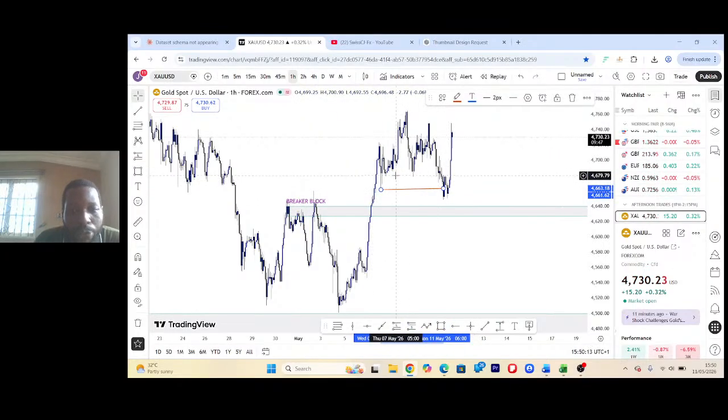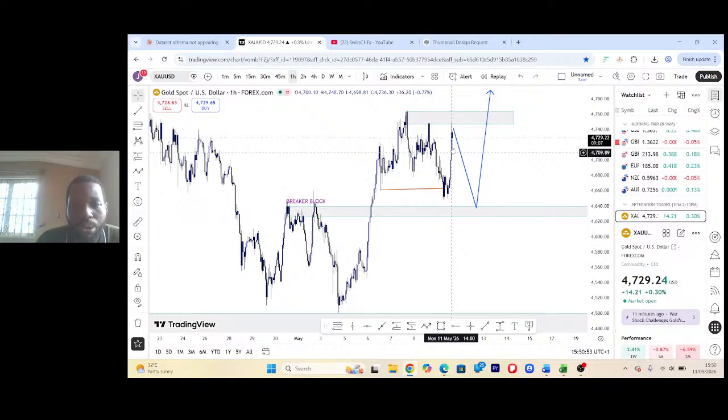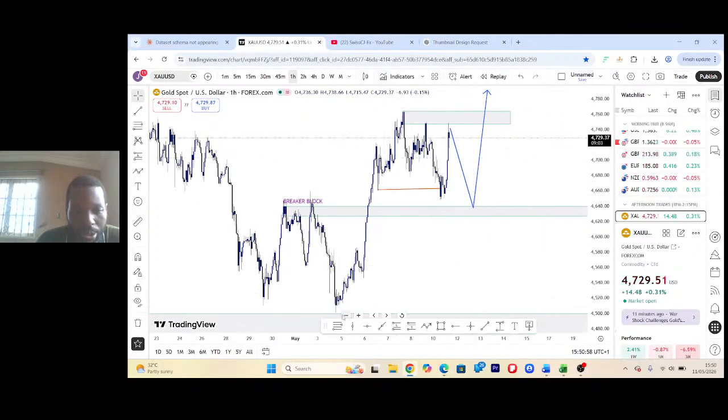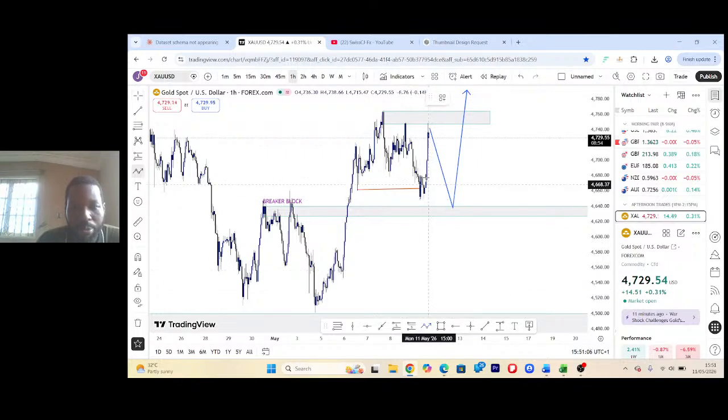So what we're looking out for is price reacting from this point here. Price will come down to this point, then finally break up. At this point, I will not advise you to start selling, because we are the buyer, so it's always good to stick to your plan, no matter how you look at it. Even though price eventually breaks through this place,